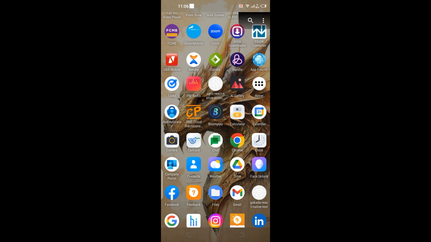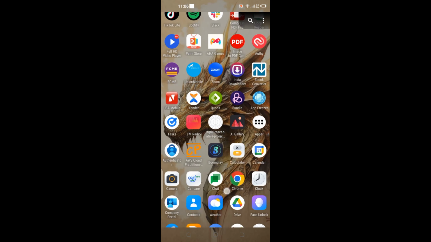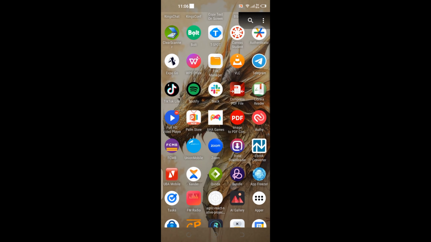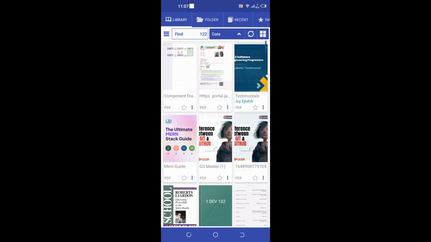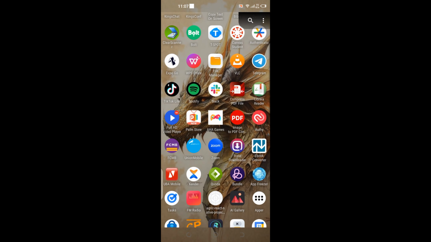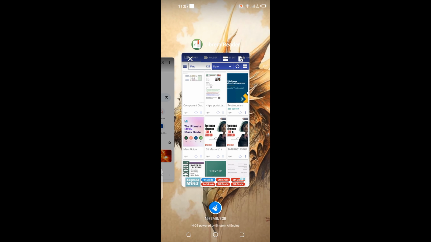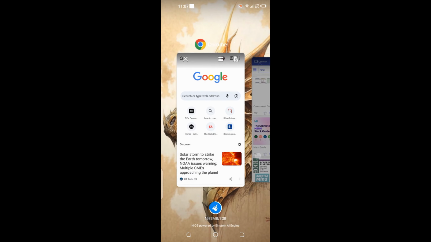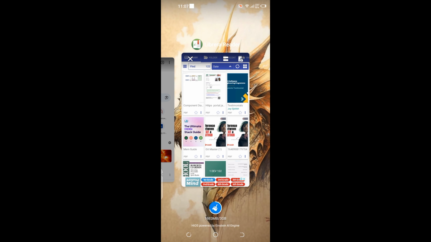Now that you're in the home page, the next point of action you want to take is to choose the second app you wish to use in split screen mode. Afterwards, press the home button to go back to the home page, followed by the squared shape button just close to the home page. Immediately you click on this squared shape button, a list of recently used apps is displayed